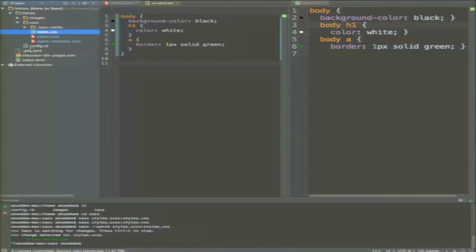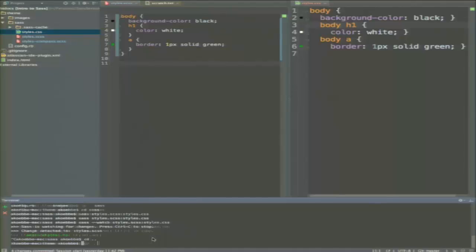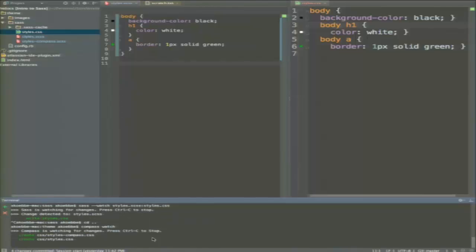Compass is? What is Compass? Compass is a set of mixins that are built on top of Sass. And then it's actually a command line interpreter. It uses Sass. It's like a wrapper around Sass. So you can type in compass rather than Sass down here. I can do compass watch. Now I didn't have to tell it where everything was,